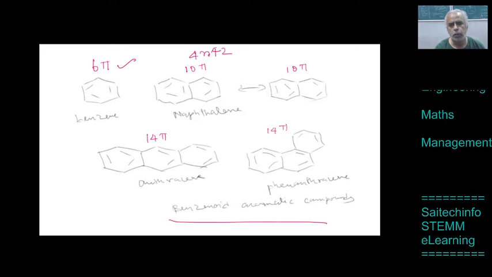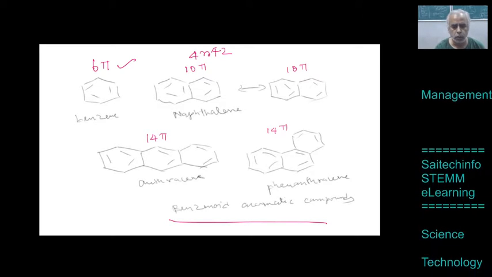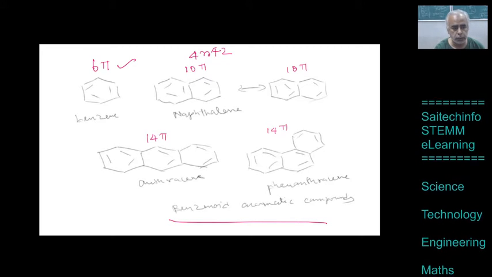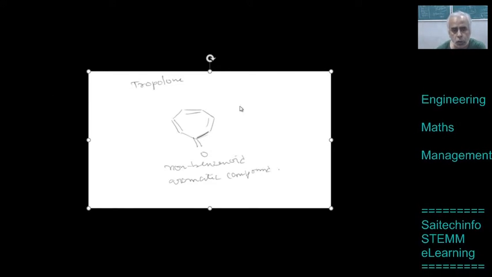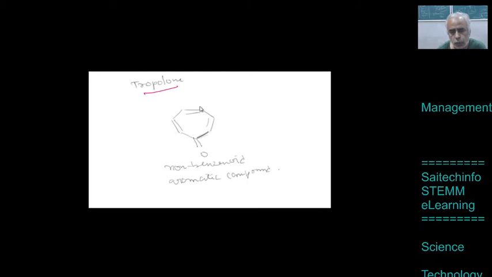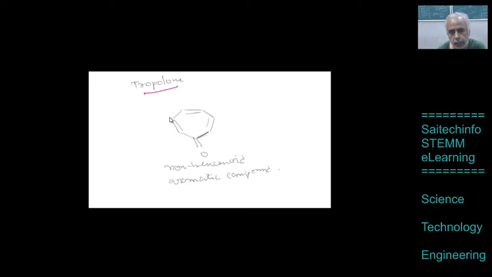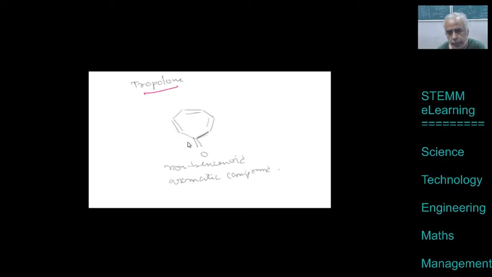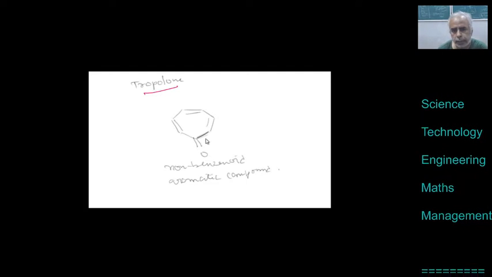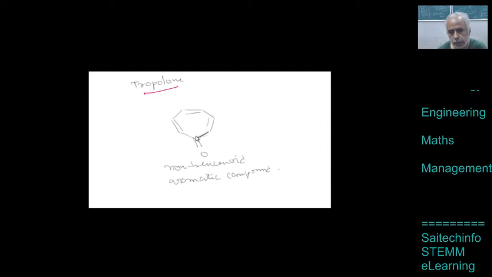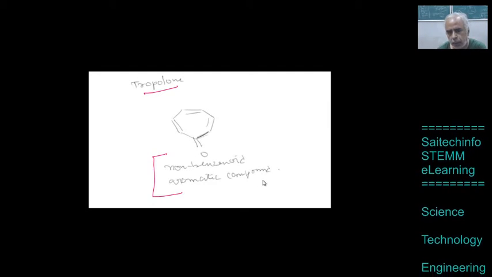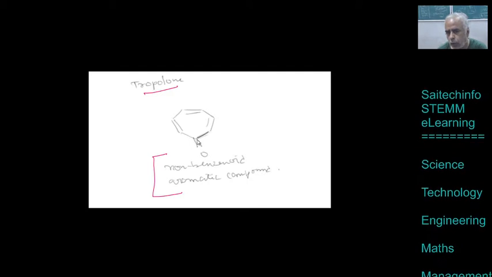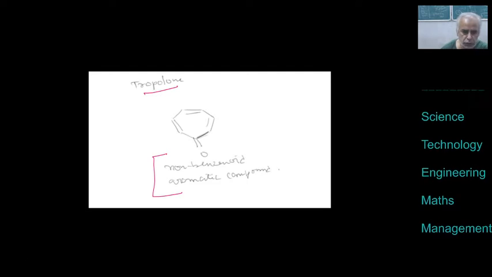And I need to talk about the non-benzenoid aromatic compound. So you have an aromatic compound, but it doesn't look like benzene. This is one of the important questions asked in any examination, that is called tropolone. Tropolone has 1, 2, 3, 4, 5, 6, 7, that is a heptagon structure, but it is not looking like benzene. Benzene means hexagon, but this is a heptagon. So that is why it's known as a non-benzenoid aromatic compound. Still it is an aromatic compound, and one of the carbon atoms is attached to a double bonded oxygen. Please note down the structure.